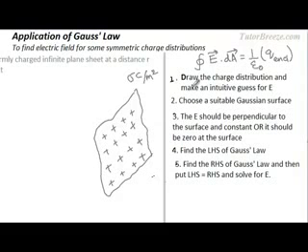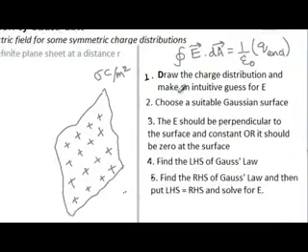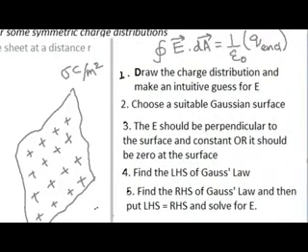Now we are going to follow this particular sequence of steps that are listed out over here, and I want you to follow this carefully because the same sequence of steps was followed for finding the electric field due to an infinitely long straight wire carrying charge. This was discussed in the lesson Gauss's law part 1. And we will also be following the same sequence of steps for finding the electric field due to other symmetric charge distributions.